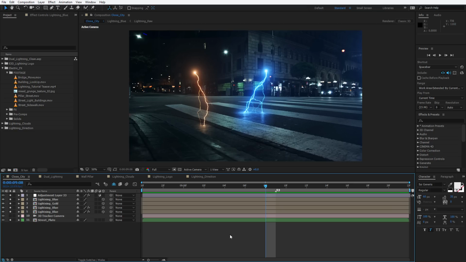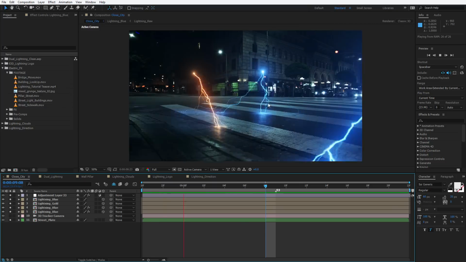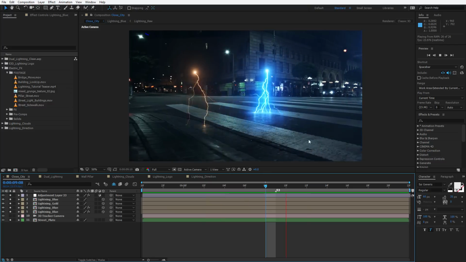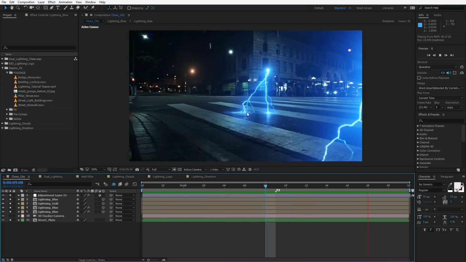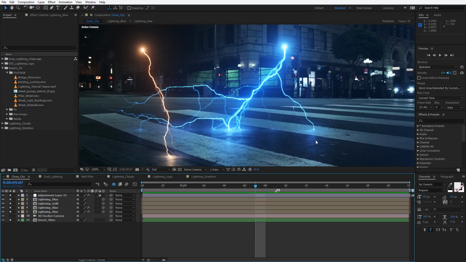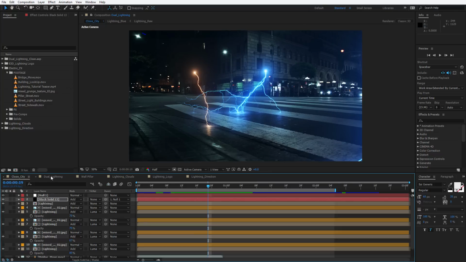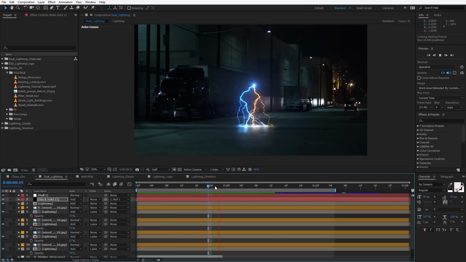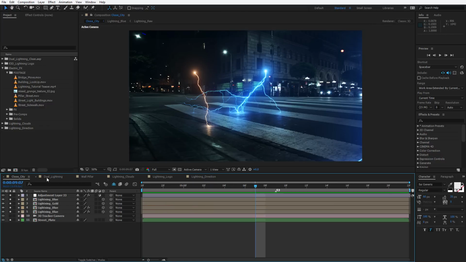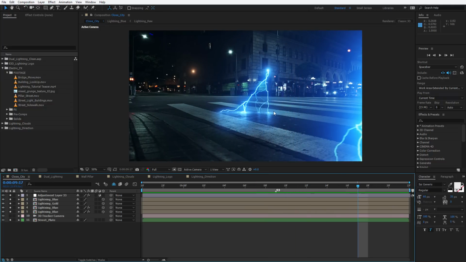All right, so there's a lot of cool things we're going to be exploring and a lot of different techniques that we're going to be combining together. So let's go and take a look at a few of the different setups. Here I have an example where the lightning is reflecting off of the surface, and each time it touches the ground, it's creating sort of an interactive contact point. So we're going to take a look at setting up the look of the lightning, and we're also going to be taking a look at tips to make the lightning look more organic and integrated and create a really nice soft glow. And the cool thing about this is that it's dynamic, so we don't have to custom draw any